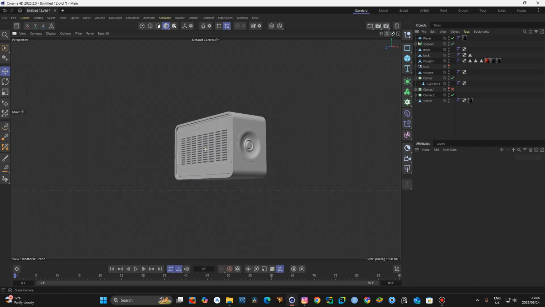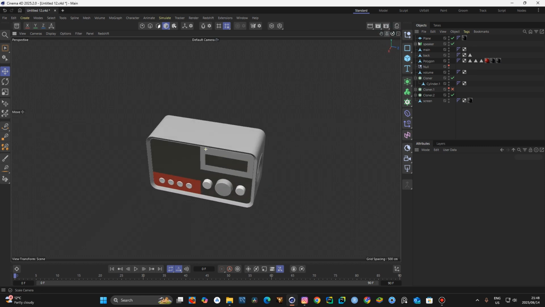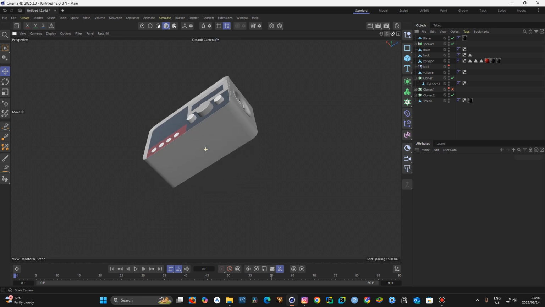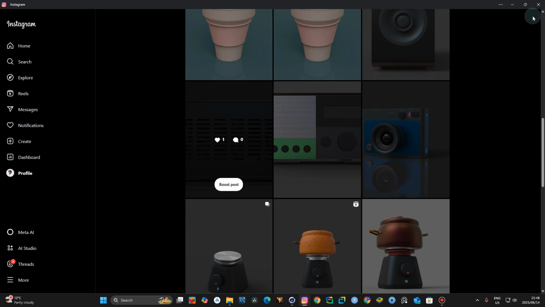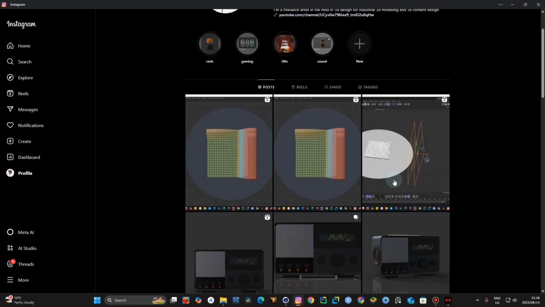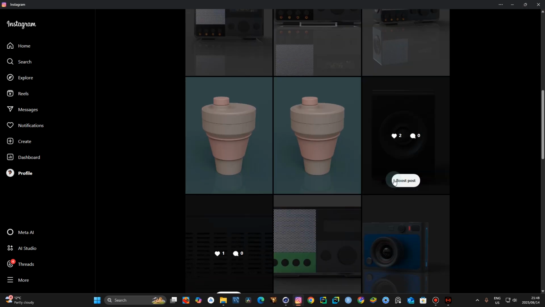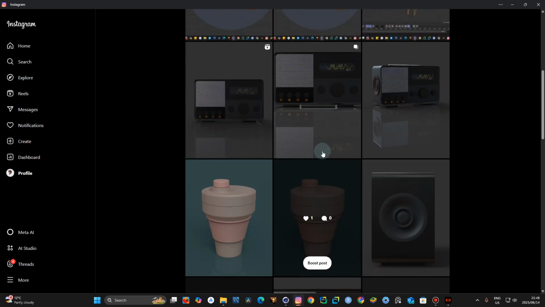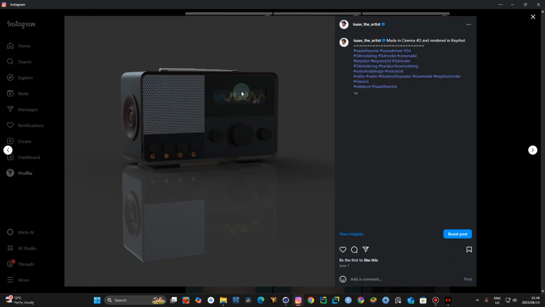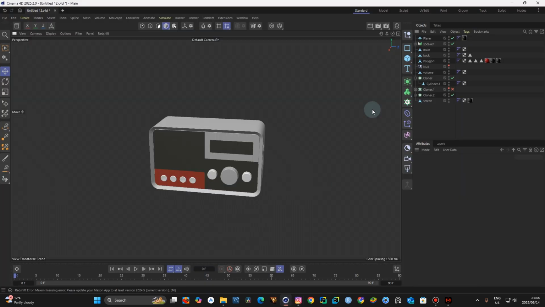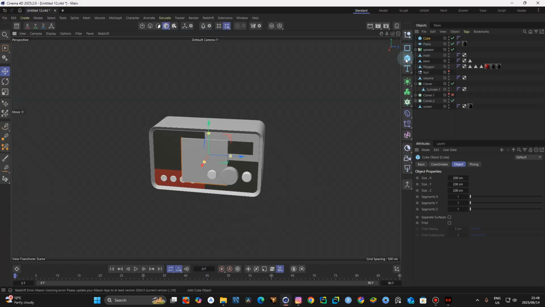So, ladies and gentlemen, at this point, we have our basic structure of the radio. We don't need that much. What is left, really? I think the only part that's left is the top part, which to be honest, is not that significant. That part in there, it's easy. Just straight in a cube,